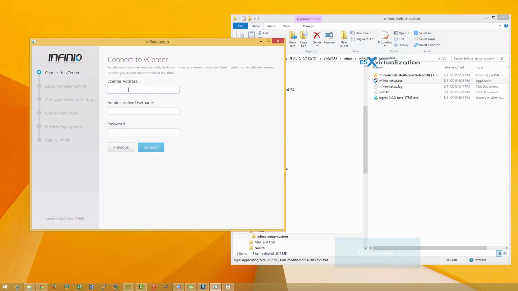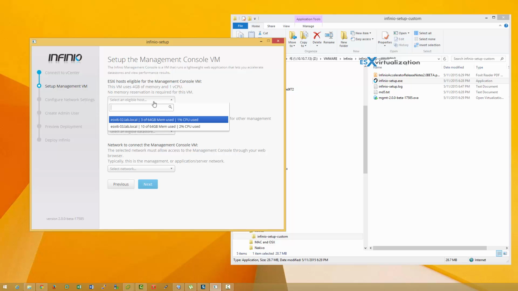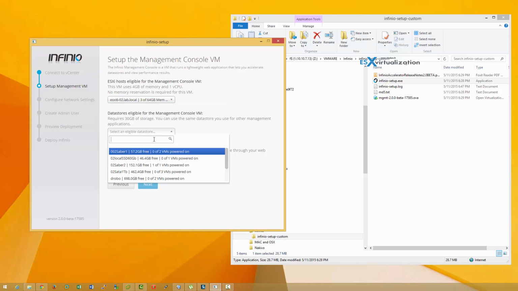Today we're gonna set up Infinio Accelerator. Infinio Accelerator can accelerate your shared data stores, which can be iSCSI or NFS. There is a simple installer, Windows based,